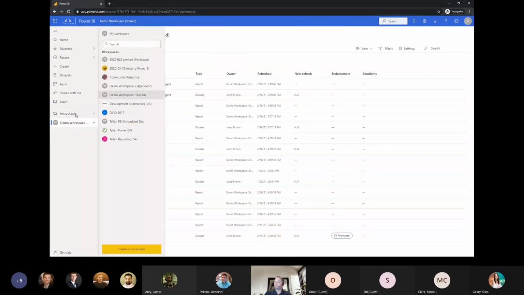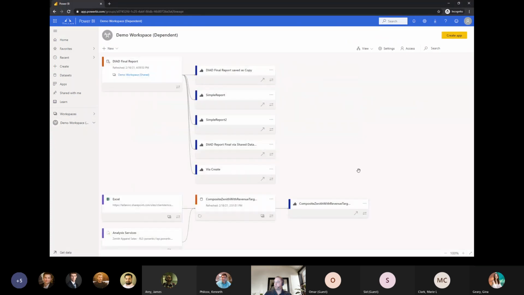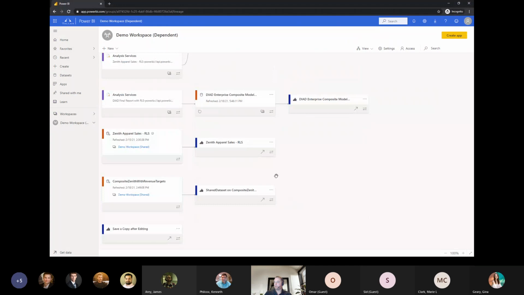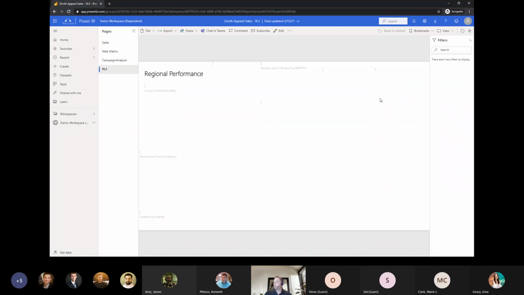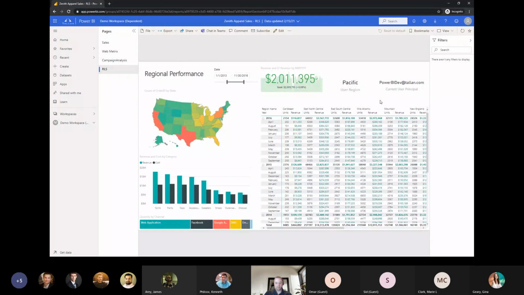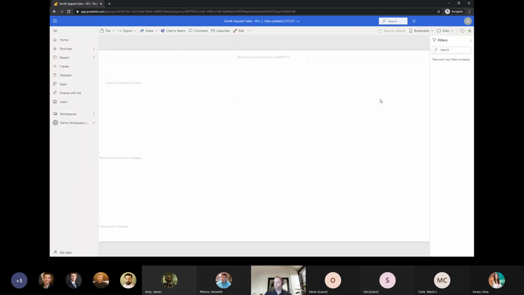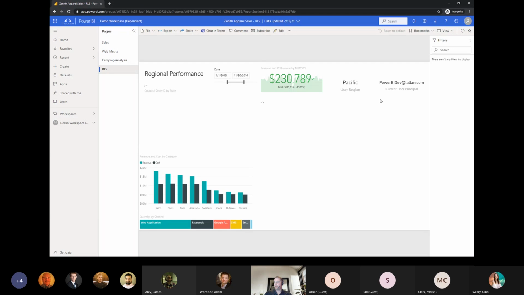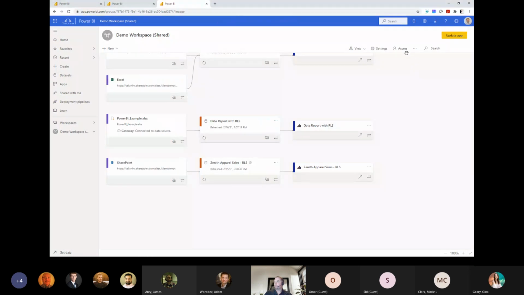And when I go to the dependent workspace and I bring up that report, which is right here, and I just messed something up. Oh, okay. It just took a second. Now I only see the Pacific data, but now in